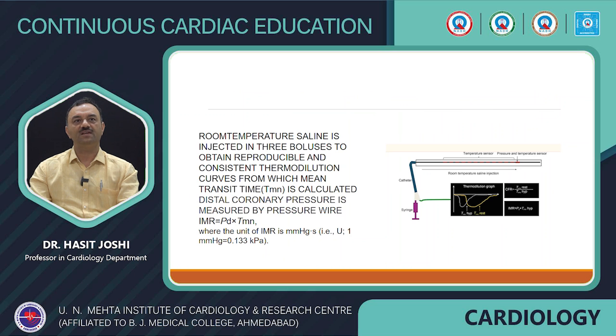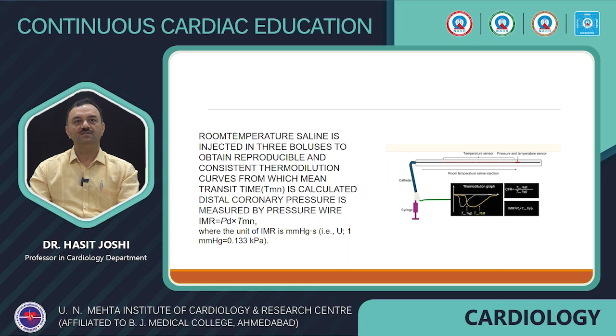Room temperature saline is injected. A guiding catheter is put at the ostium, well engaged, the pressure wire is taken and pressure is zeroed at the tip of the guiding catheter and put distal, about 5 mm distal to the distalmost portion of the LAD and about 7-8 mm into the circumflex. Room temperature saline is injected in 3 boluses to obtain reproducible and consistent thermodilution curves from which mean transit time